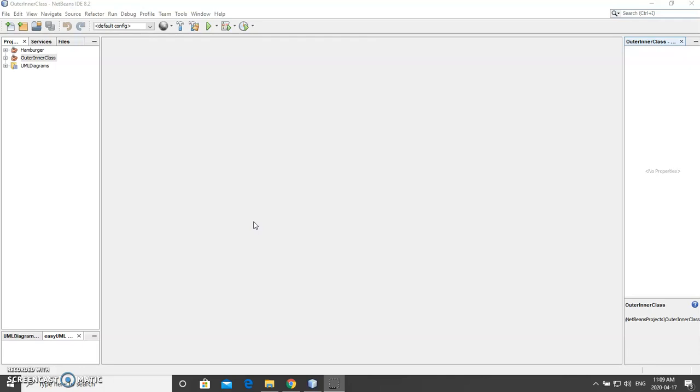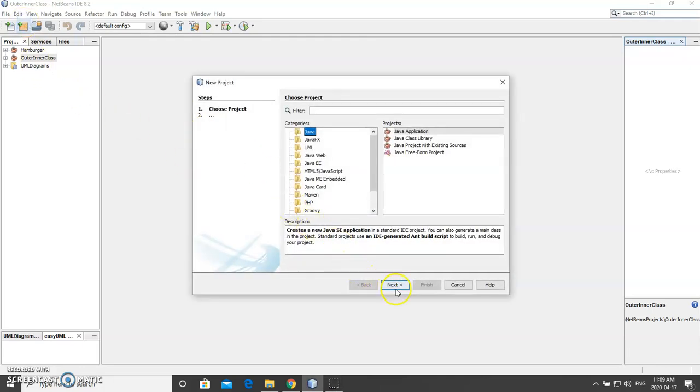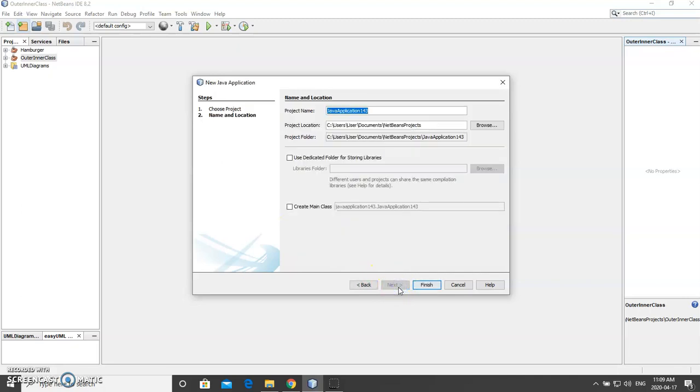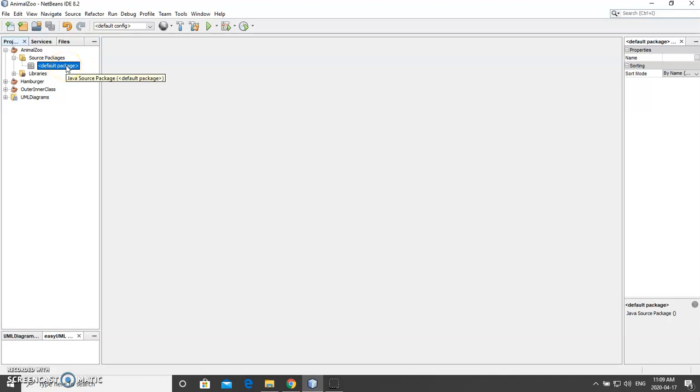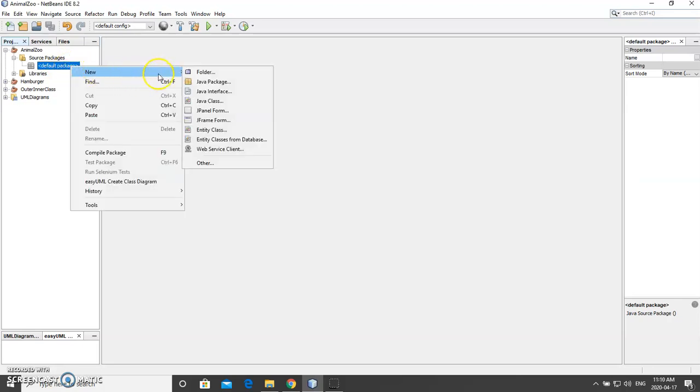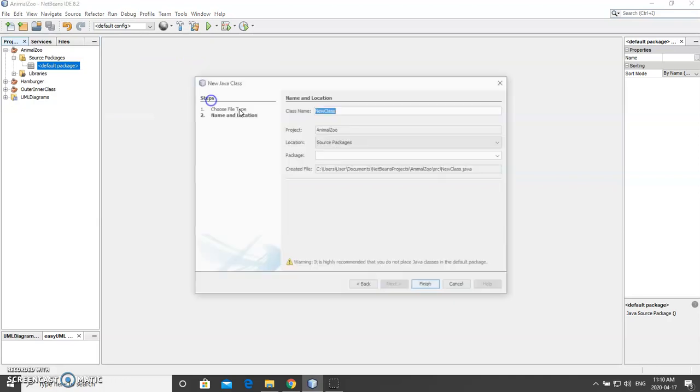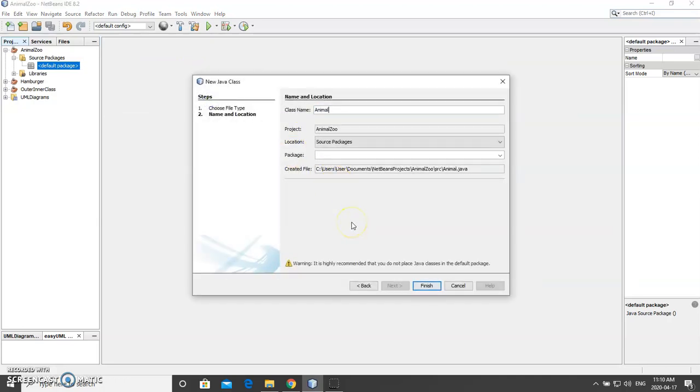Okay, so we start with the project. We call the project AnimalZoo. Then, as we can see, we have a default package here. I don't give it a name because I have something to show you after. So I'm going to go with this default package. I'm going to create classes in this default package, even though this is not the best practice. So I create the first class, which will be my animal